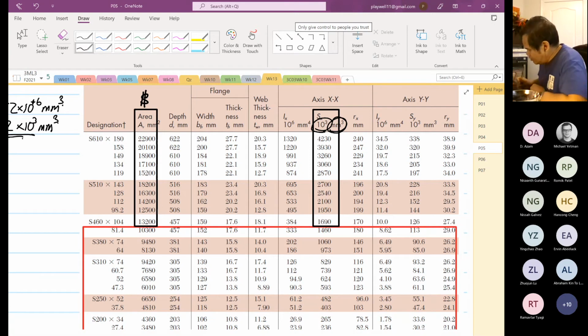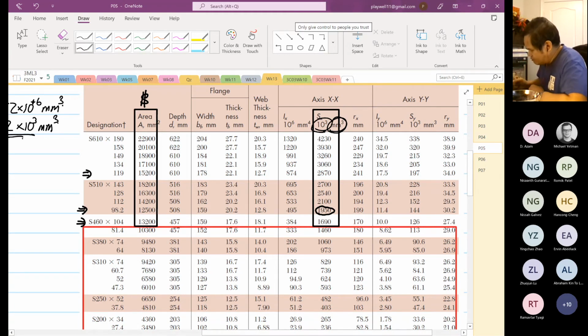Okay. So let's look at the potential contenders. You can use S460, because it's 1690. Or you can also use 98.2 S510, which is at 1950, which is better. This is better, isn't it? Look at it, it's higher, right? Or if you want, you can also look at